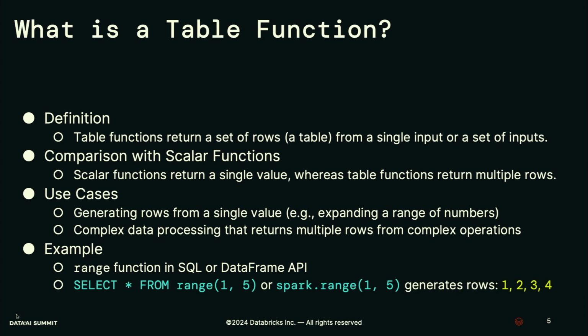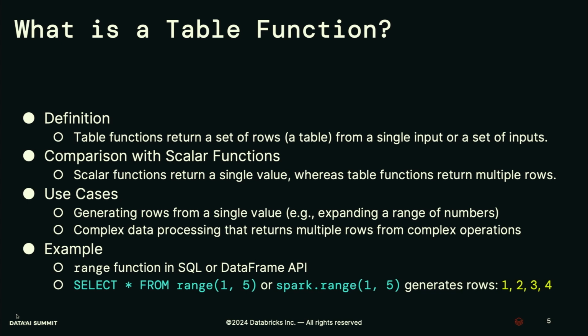This makes them incredibly useful for operations that need to generate or transform sets of rows from a single input. For instance, they can be used to generate rows from a range of numbers or to process complex data that result in multiple rows